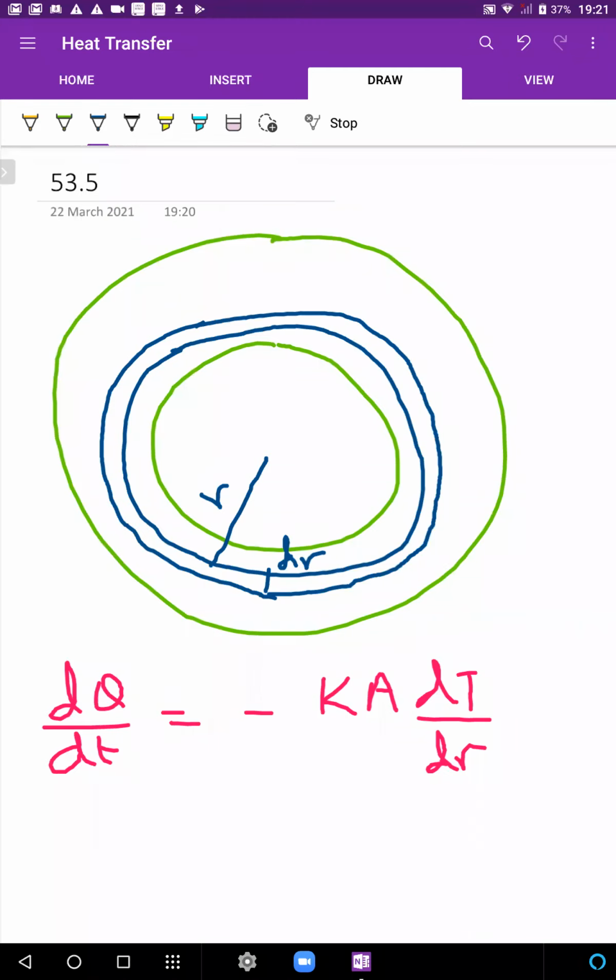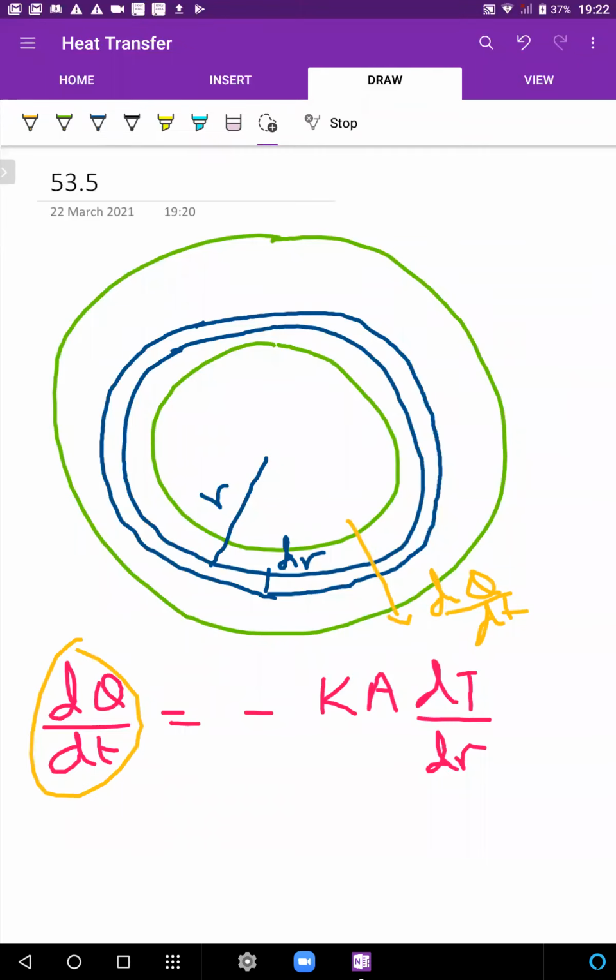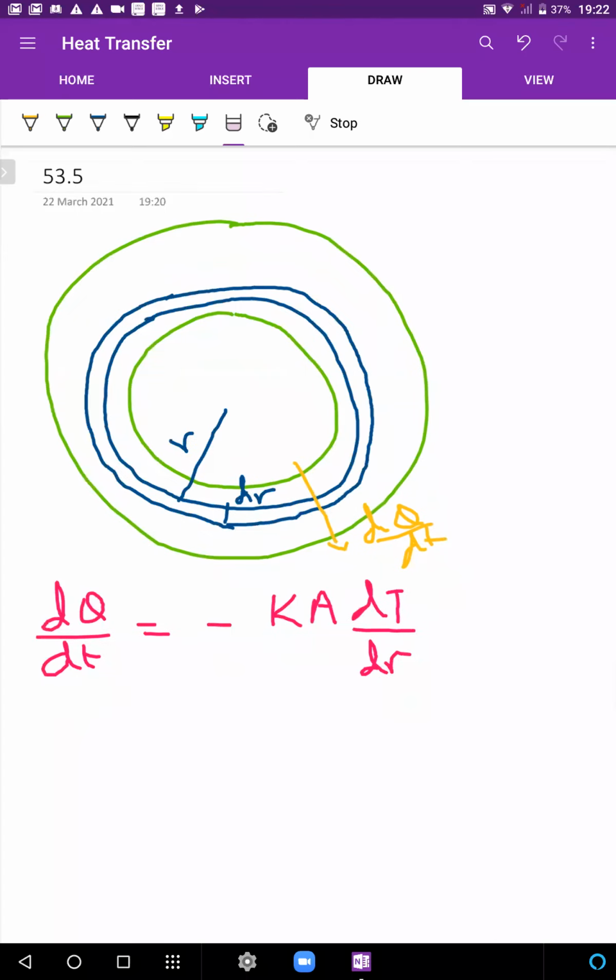Okay? And the advantage of taking this sphere, first of all, dq by dt through the sphere is the same dq by dt we're trying to find. जो भी dq by dt through this entire sphere है, that is the same current which is going to pass through this element. So when I write this equation for that element, this term is actually the same. This term is the dq by dt we're trying to find. So we're not introducing anything new over here. Okay. Only thing is we can safely write dq by dt for that element because area of that element is fixed. And then this is what it will look like.